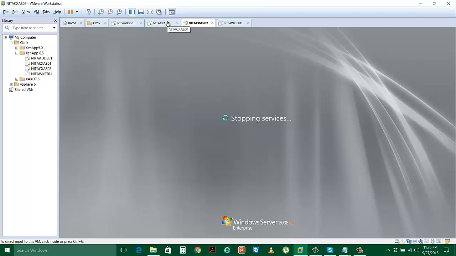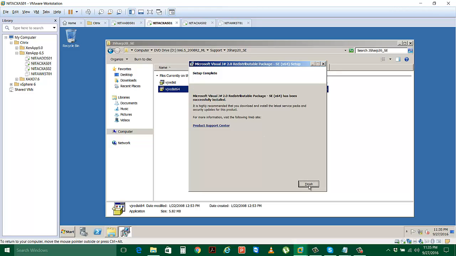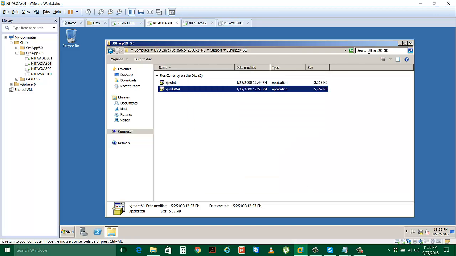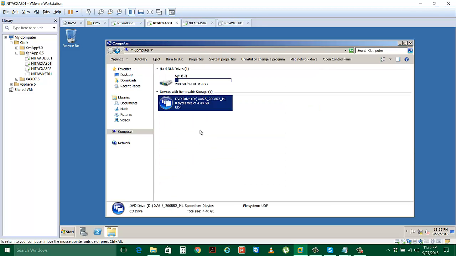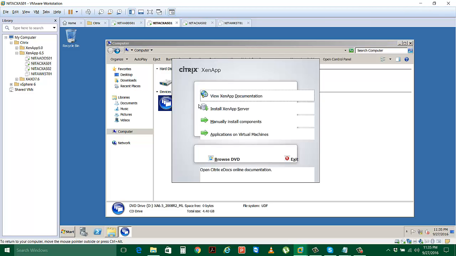Go back to our XenApp server 1. Installation is finished. Go back, and now we will start to run this setup. So when we double click on the autorun, we will see this window. So I will choose install XenApp server,